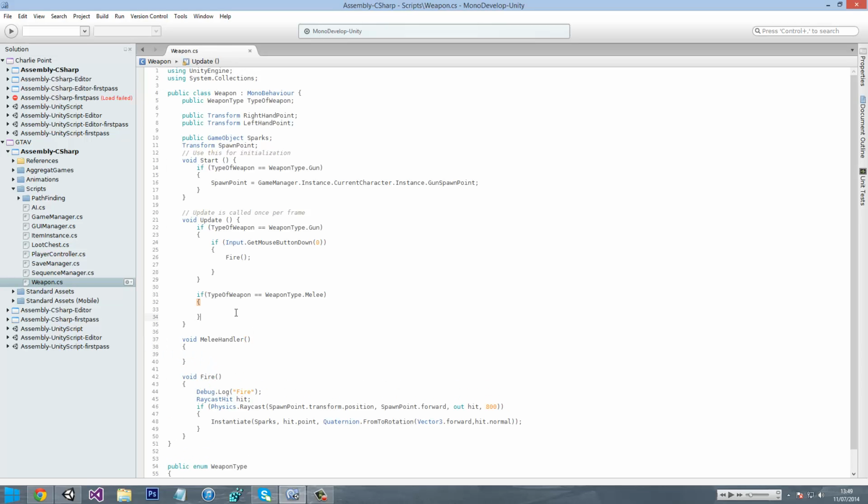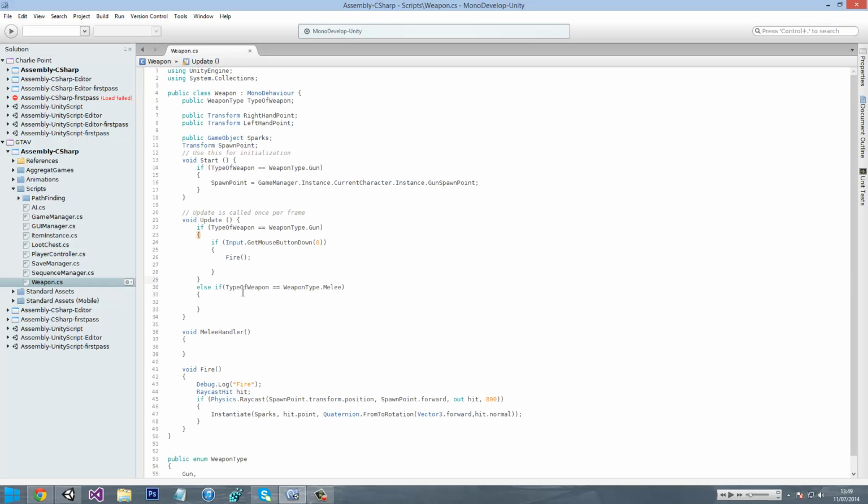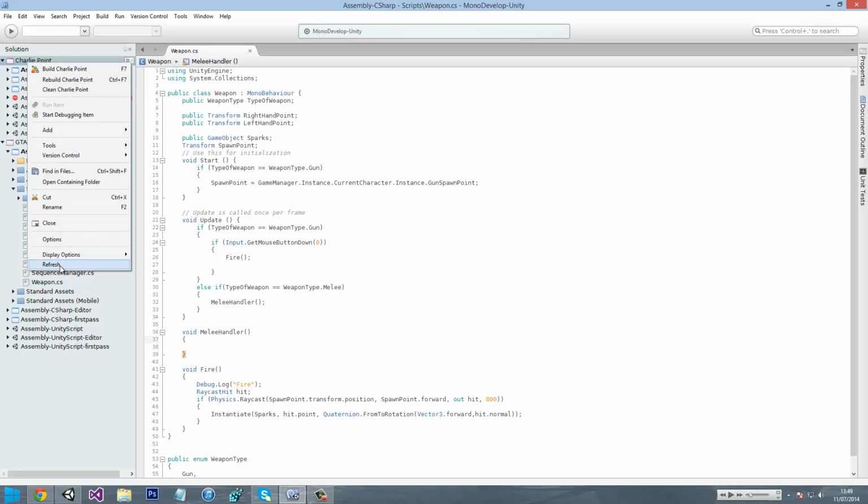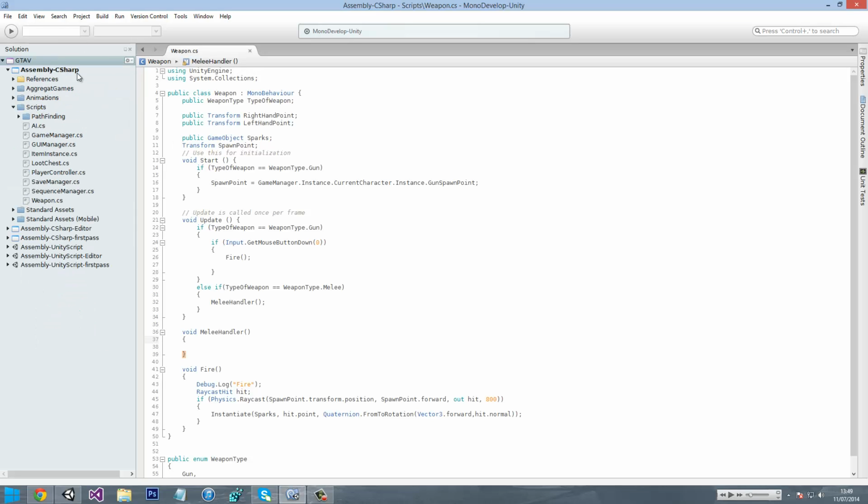And then we want to call in the if type of weapon, else if type of weapon. In the else if statement, we want to go MeleeHandler. Just call that. It's good. Right. So now we need to create, let's close that. Yeah. Now we need to create some variables for our